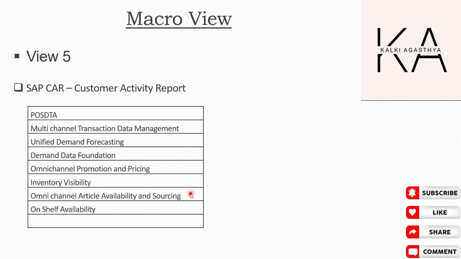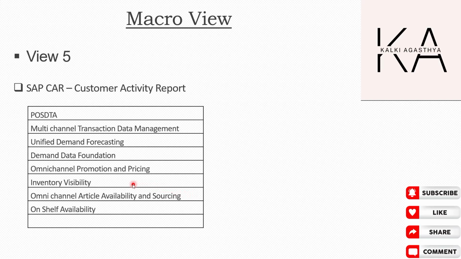The omni-channel article availability and sourcing feature includes tools and functionalities for managing and tracking the availability of products which are made available to the end customers in different ways, right? So it includes the ability to track and manage stock levels and stock movement on a real-time basis. It monitors and tracks the availability of products across channels. It analyzes and reports availability data, including trends, patterns in demand, stock levels, and movements to the respective consuming application,